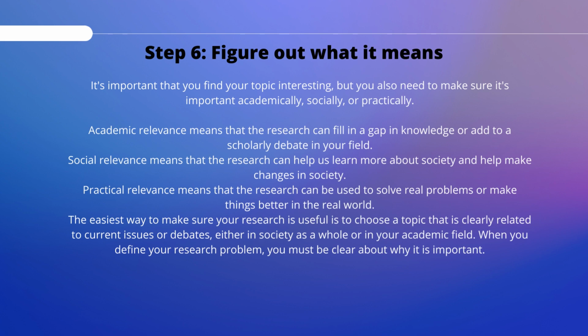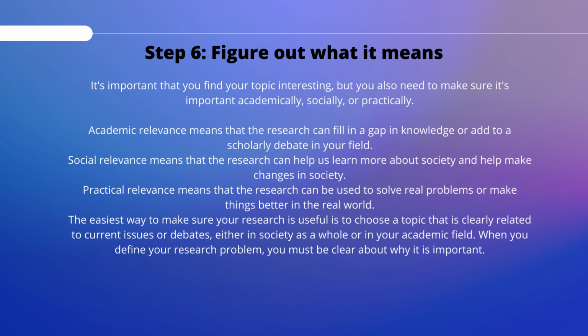It's important that you find your topic interesting, but you also need to make sure it's important academically, socially, or practically. Academic relevance means that the research can fill in a gap in knowledge or add to a scholarly debate in your field. Social relevance means that the research can help us learn more about society and help make changes in society. Practical relevance means that the research can be used to solve real problems or make things better in